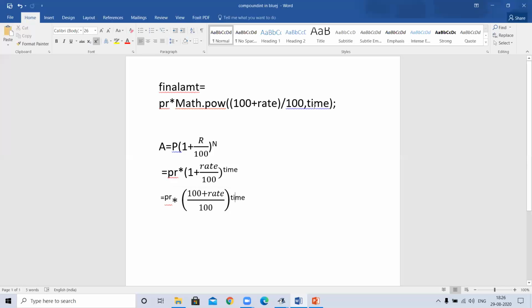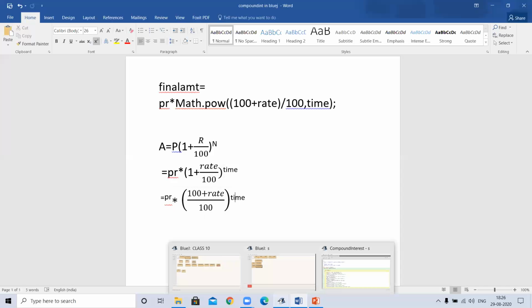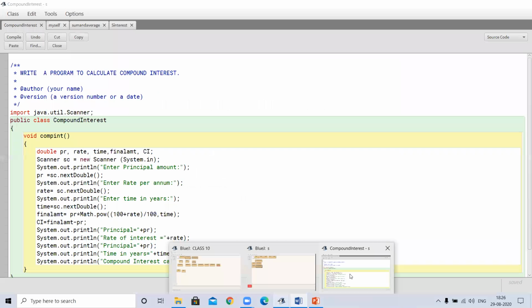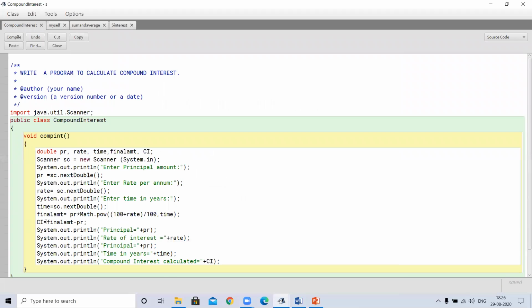So this thing I just converted into the form of a Java expression, and I used it here in my Java program CompoundInterest. Final amount equal to PR into Math.pow((100 plus rate) by 100), and this whole is the base and time is the exponent. And I used the Math.pow function. But this is the formula to calculate the final amount, A.